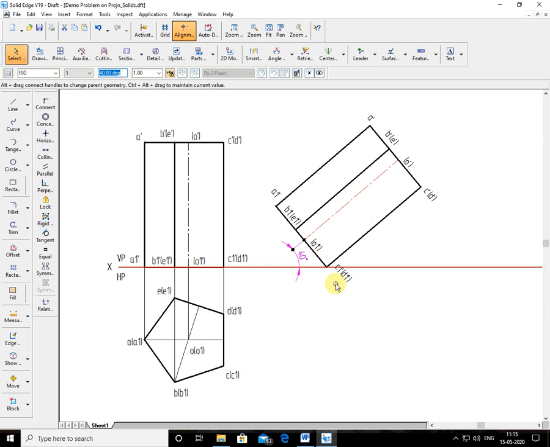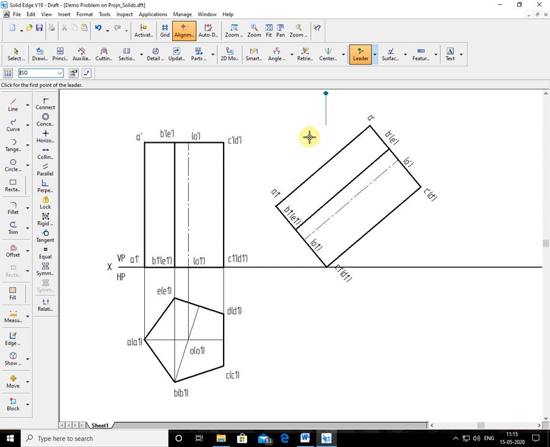Now when you look from top here, see my cursor here, this pentagonal face is seen. This bottom base is not seen. Now what will happen then?